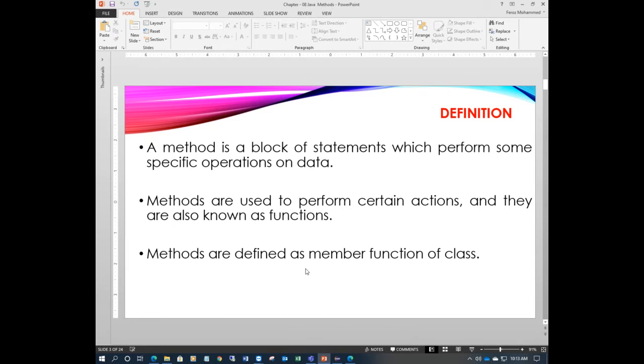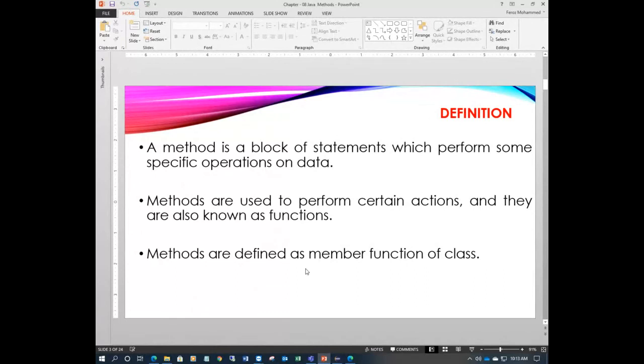This is another member of the class. So first is data, that is nothing but variables. Another is methods. Methods define operations. A method defines the behavior of the class, which is used to represent the behavior of the class, where we mostly perform certain actions.